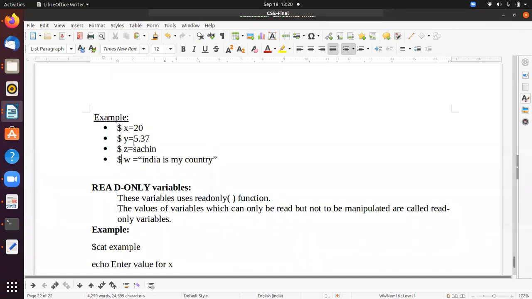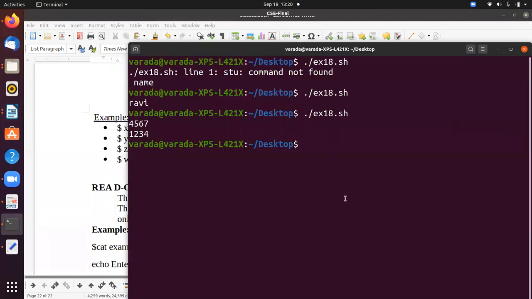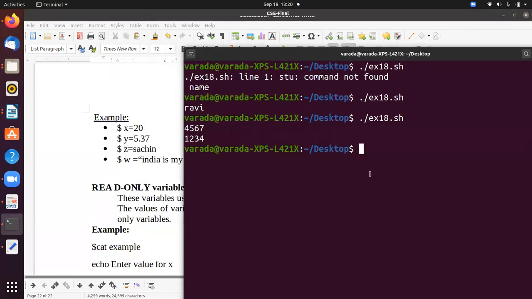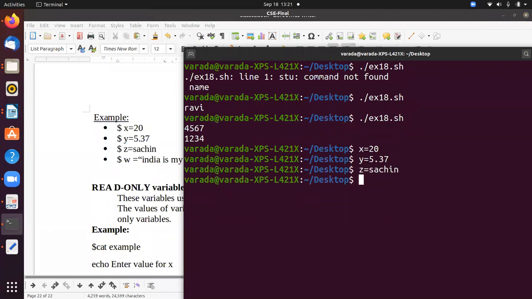So this is how we can access, you can see that.